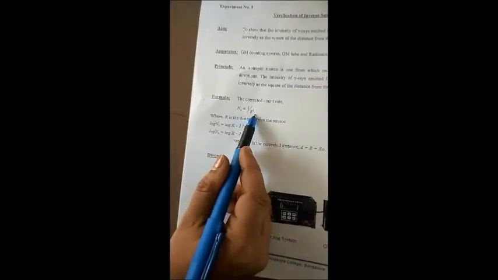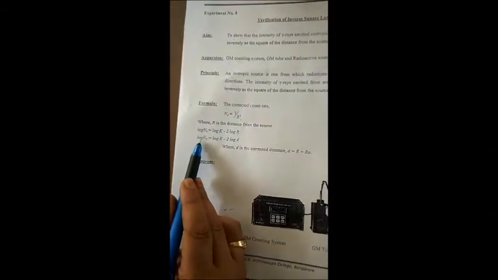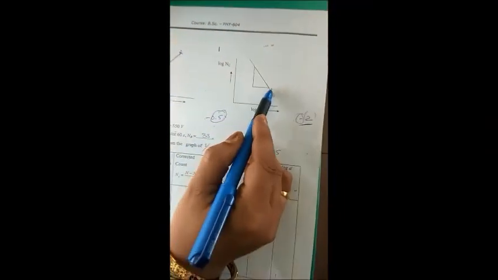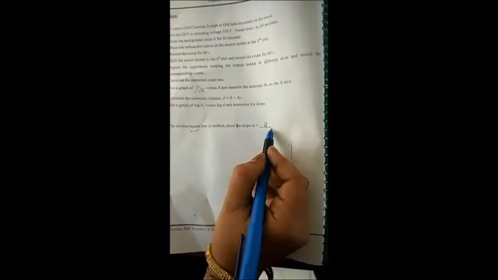We have found using the inverse square law that NC is inversely proportional to r square. Therefore the slope of log NC versus log d is -2. That implies the value of the negative slope is equal to 2. If you get the value of the negative slope equal to 2, then your inverse square law is verified. So you have to write down: the inverse square law is verified since the slope is 2. If you get 2.1 or 2.2 or like that, that is enough. So this inverse square law is verified. Thank you.